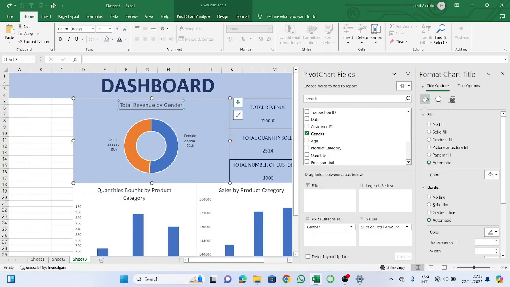Okay, so let me change the color to deep blue, right? Okay, then this one,